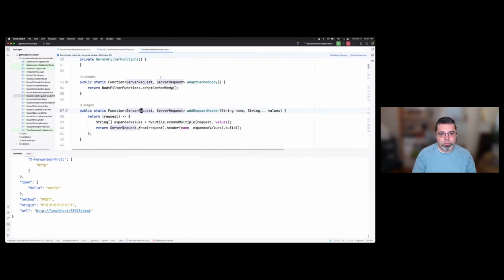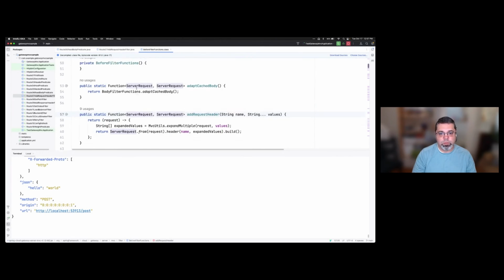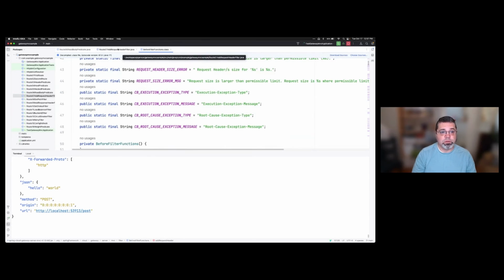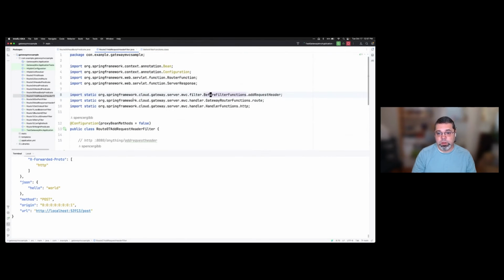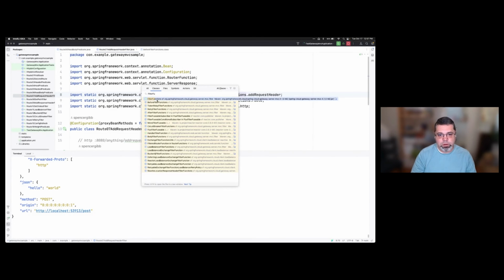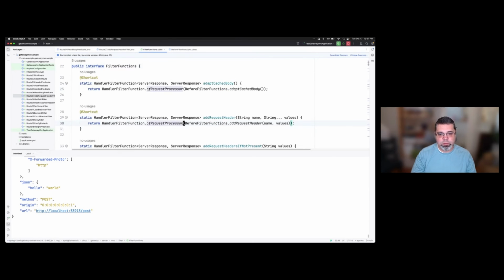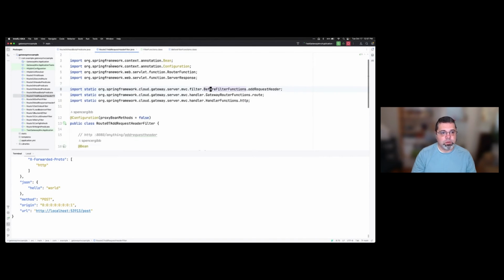We'll show you basically these are all adapted and can be used as regular filters as well. So add request header, this method is part of Spring Framework, and it adapts a before filter into a normal filter. All right, so back to our